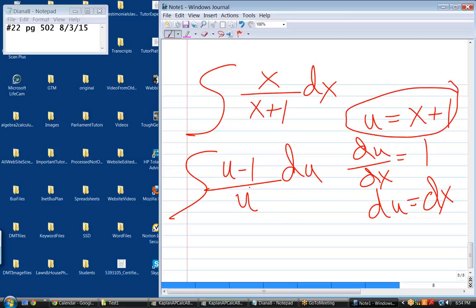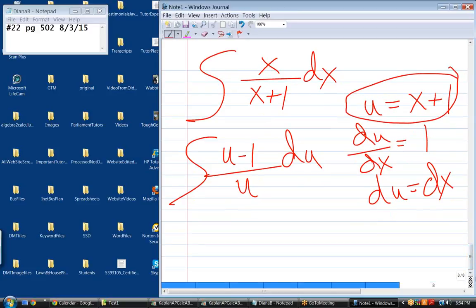Now you might say, well, this doesn't look any easier to integrate than this, but it actually is a lot easier to integrate. Why? Because I can break this up into two fractions. I can't break that up into x over x plus x over 1. If I could, I'd do it, and I could integrate it really easily. But as long as I have a single variable in my denominator, I can break it up into two things. So this actually becomes the integral of u over u minus the integral of 1 over u,